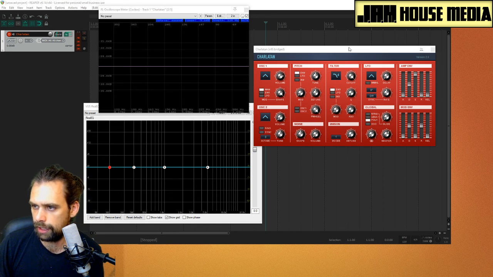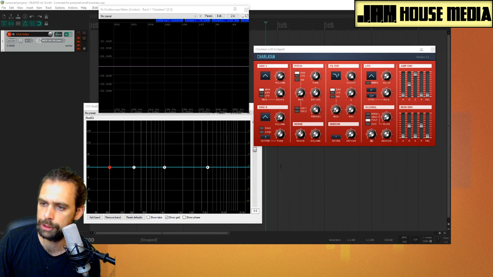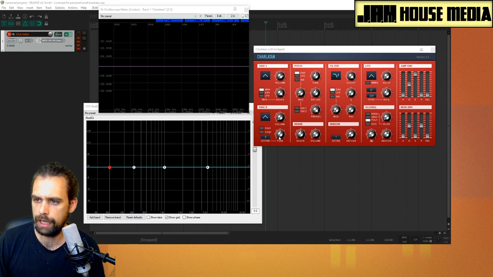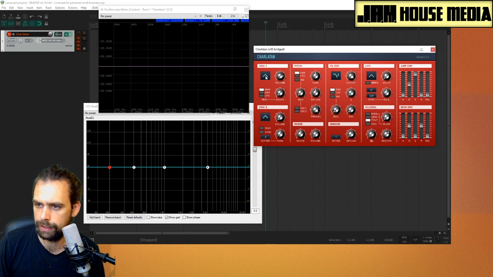Basically, synthesizers are made up of a bunch of different components, and those different components together are how you can shape sound and create the sounds that you want. The first thing I'm going to talk about is oscillators. Most synthesizers are going to have an oscillator section, and this is where you choose waveforms. The basic waveforms we're going to come across are